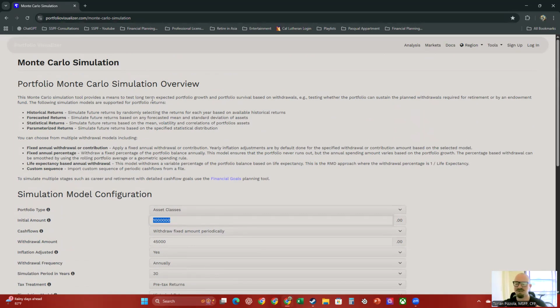This is a very good tool to test your financial situation. If you're thinking, hey, I've got a chunk of money or I've got a nest egg, I want to see how much can I spend for my lifetime or for a certain period, or even help determine how much I can spend in a safe, reliable way. This tool can help out a lot with doing that. So I'll just